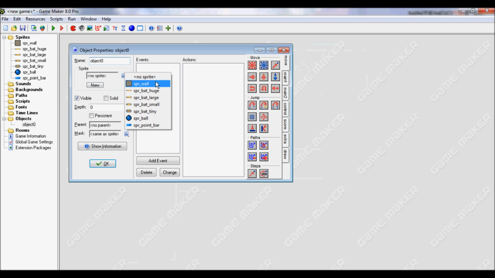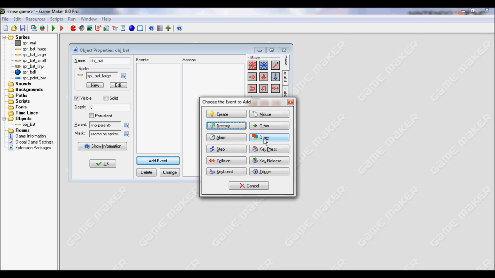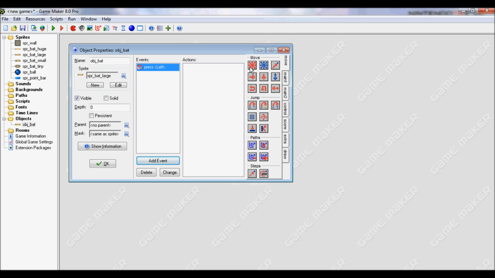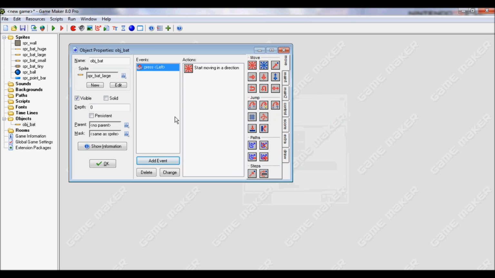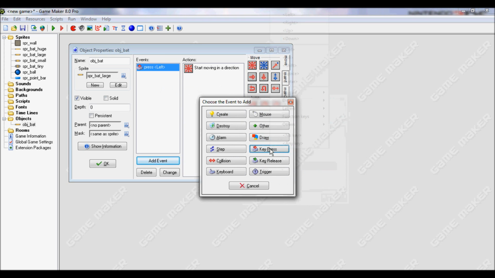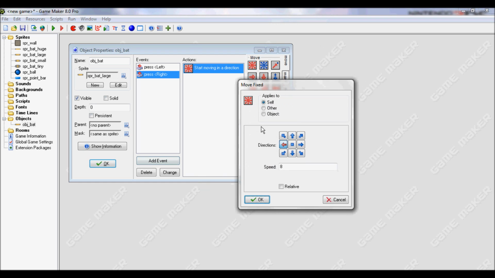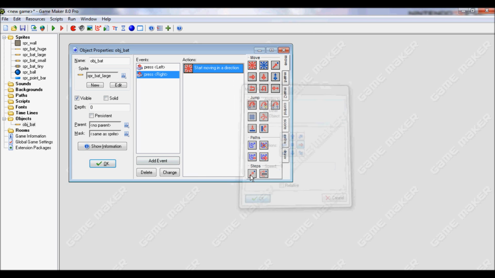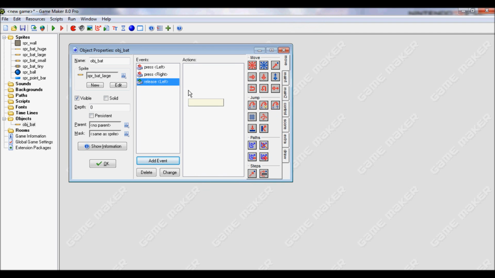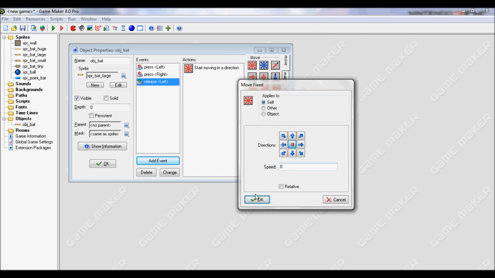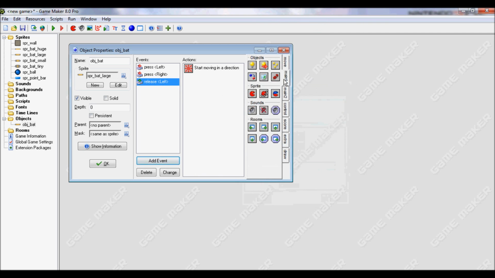Now first, create your bat object for your player and call it obj_bat. Now we want to create the event for the movement, so we have key press left, moving direction left at a speed of 8. What we want to do is duplicate, key press right, start moving in direction right at a speed of 8. Now key release left, we have it stop at a speed of 0, and we want